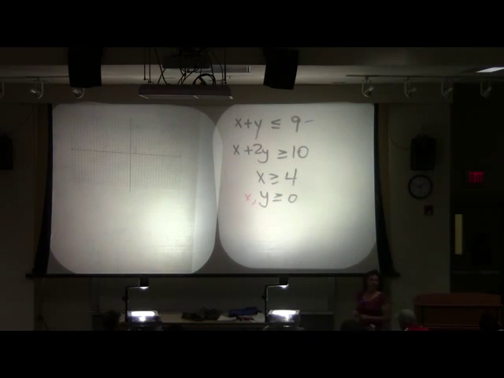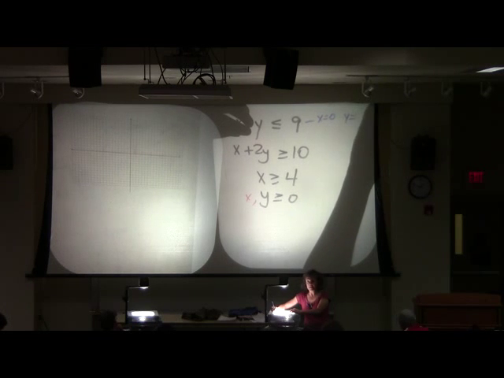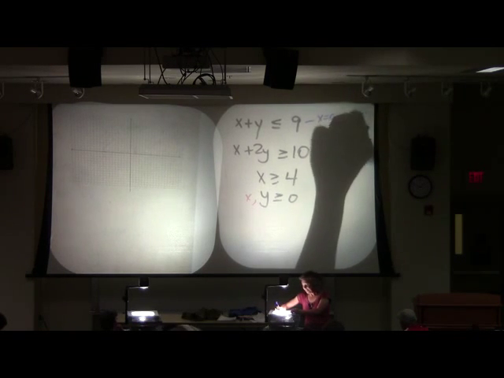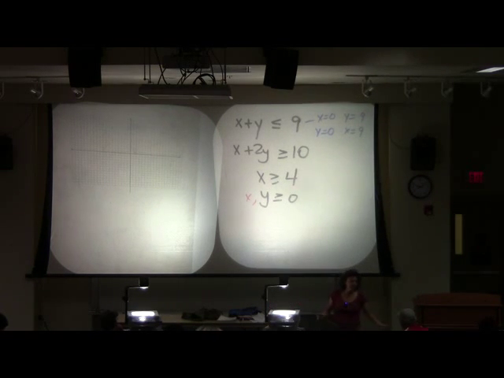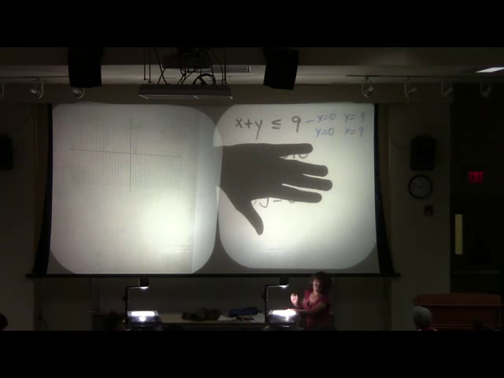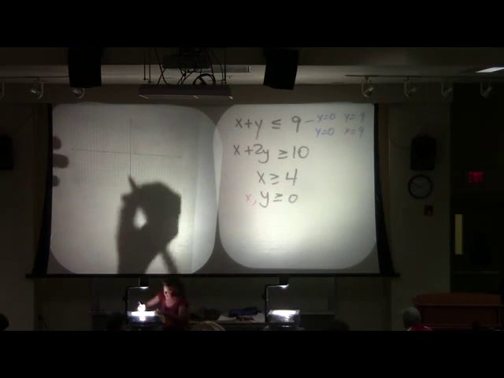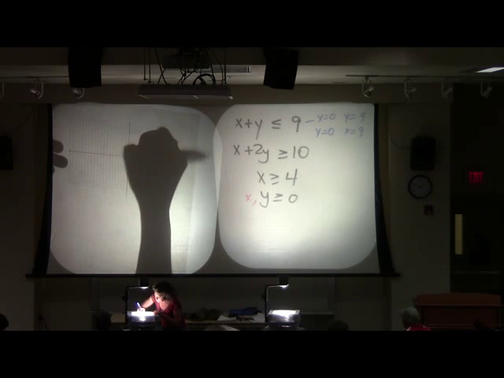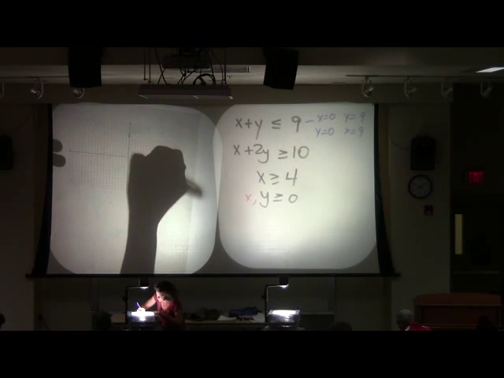The reason why I think this one is so great is, look, if I set x equal to 0, what's y? 9. If I set y equal to 0, what's x? 9. I'm looking at my top line. So, I have 9. Oh boy. 1, 2, 3, 4, 5, 6, 7, 8, 9. It's really dizzy to look at this. 1, 2, 3, 4, 5, 6, 7, 8, 9.